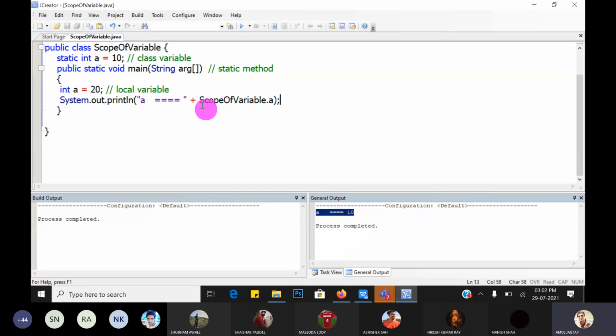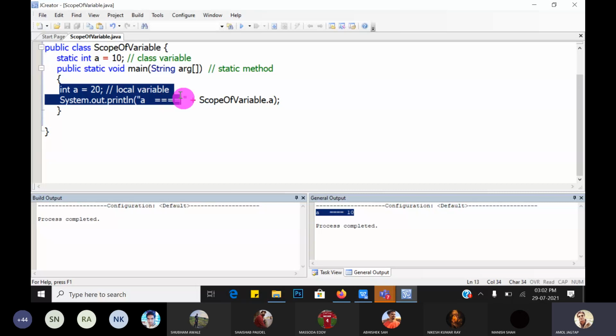So we know how to access local variables or class variables. There are two ways. First, just write a, then it accesses the local variable because preference is given to the local one. And when we want to access static variables of that class, then you can use class name dot a, then it accesses the class variable.